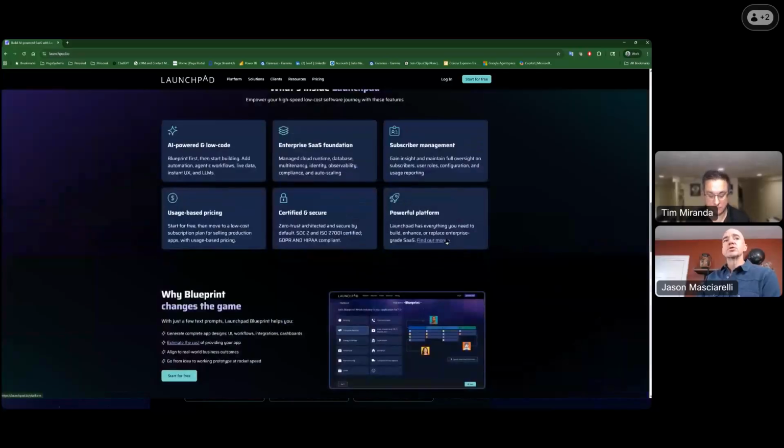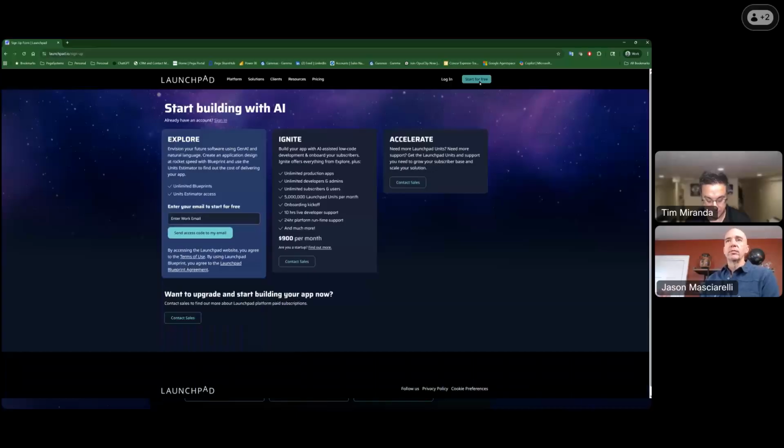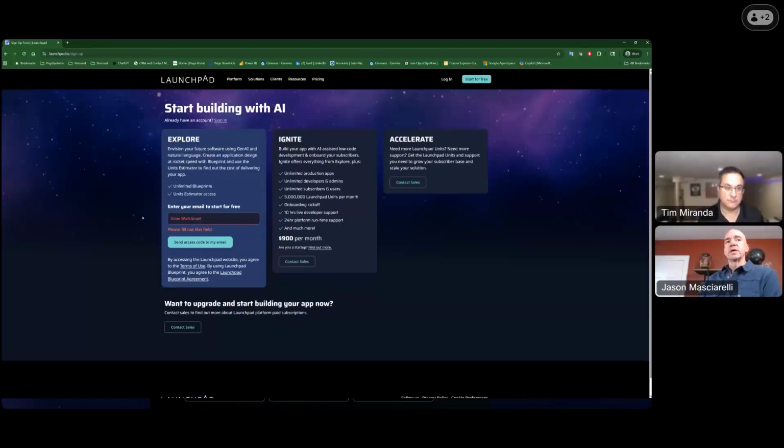But then just related to today, you'll see the start free button. So if you haven't gotten going, I encourage you to go to the homepage, click in at launchpad.io/signup. And really these are our pricing plans. Start with Explore, it's free. All you need to do is put in your work email, and then essentially we'll send you a code. You click through, you get access, and you can fully build out and leverage our GenAI development capabilities,